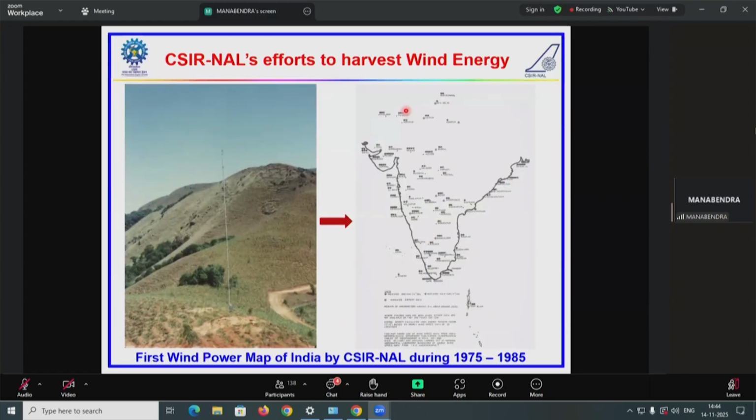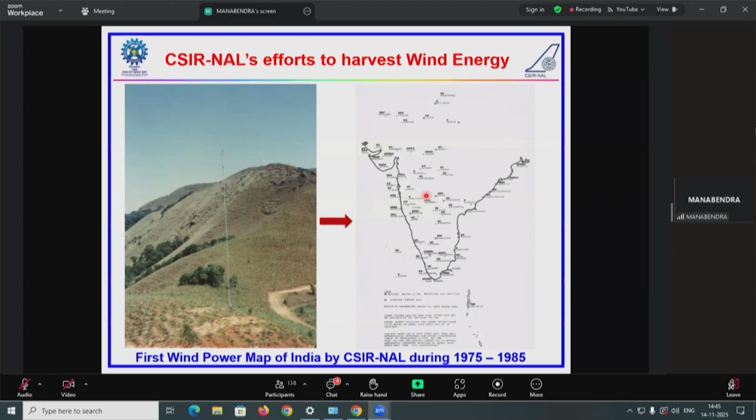Now, one aspect of harvesting wind energy is to understand the performance, correlate that with the design, and then try to do it. But the main thing is what is the driving force. So one needs to know what is the wind potential that is available in a particular area. So in that context, NAL built the first wind map of India, as you can see over here. And this fact has also been acknowledged by the National Institute of Wind Energy in their Wind Atlas map. They have recorded this fact that it was NAL which realized the first wind map, of course, with the help